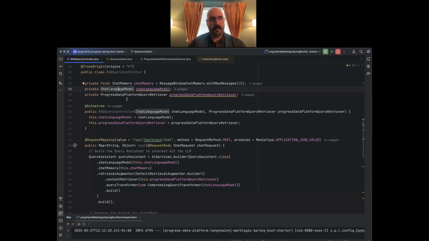part of our pipeline. We're using Spring Boot in this case. So we have a request mapping API slash fast track slash chat. We're exposing it this way so we can interact with the widgets themselves. And we start to build out our interactions with the large language models using LangChain. So we're going to create a query assistant that uses AI servers, and we're going to pass in a query assistant class. And this is actually another